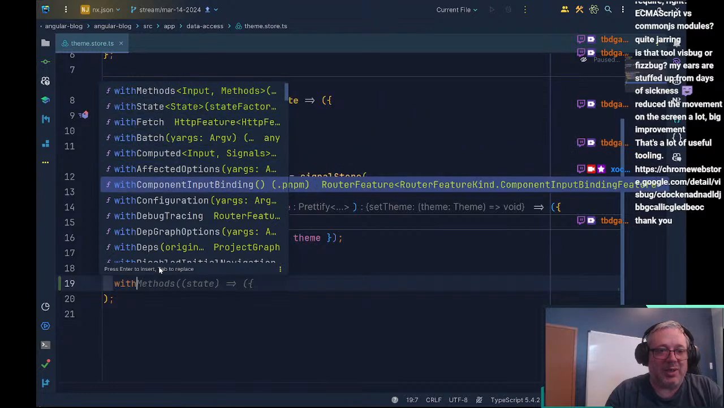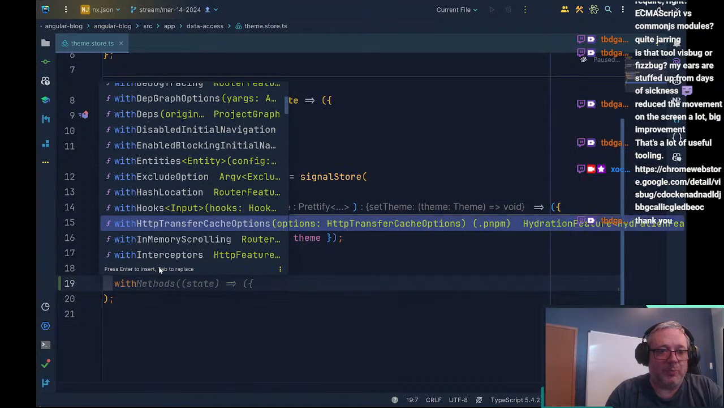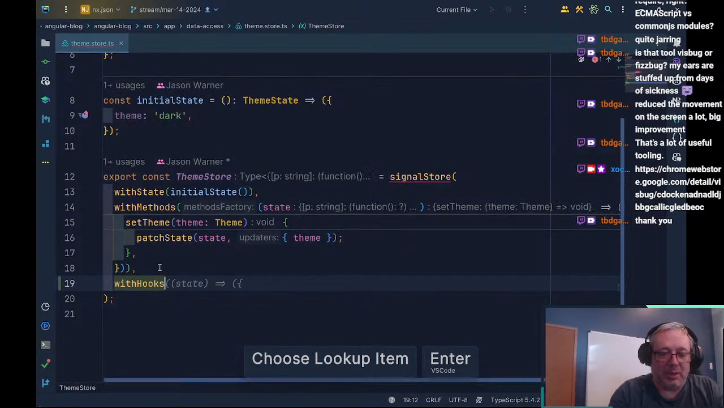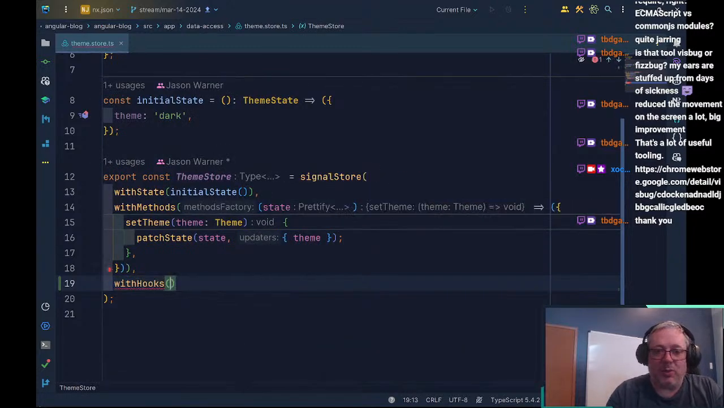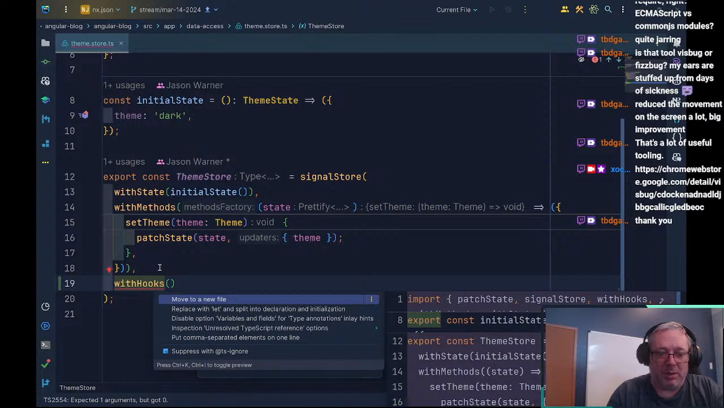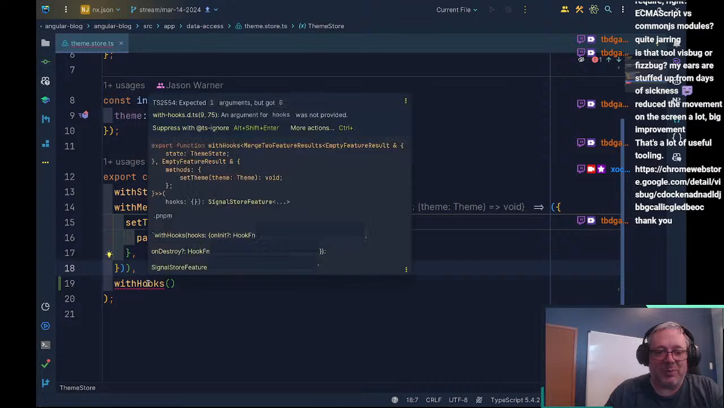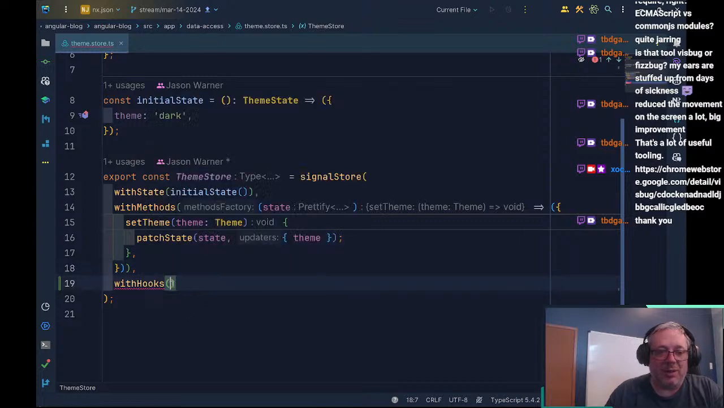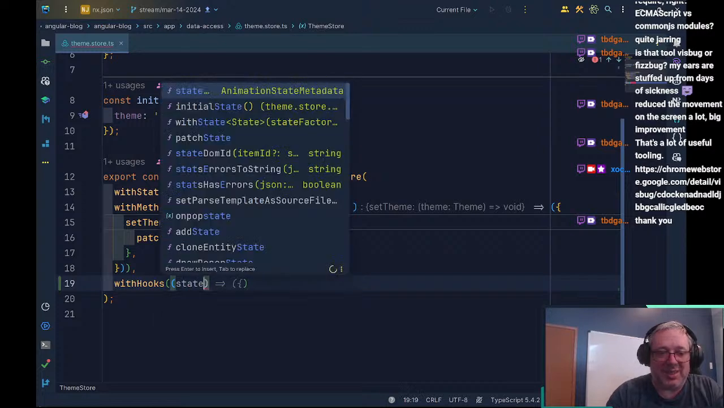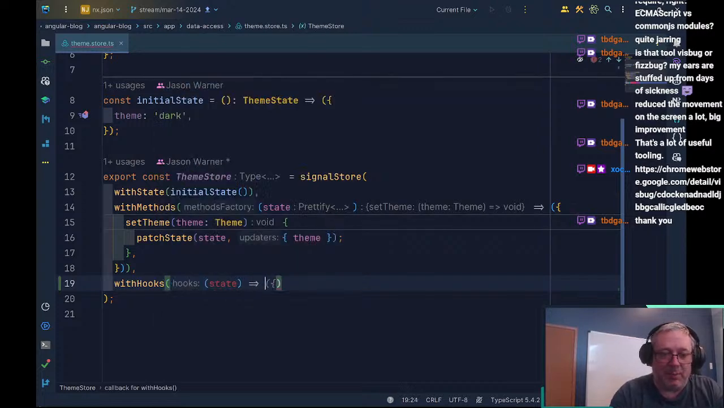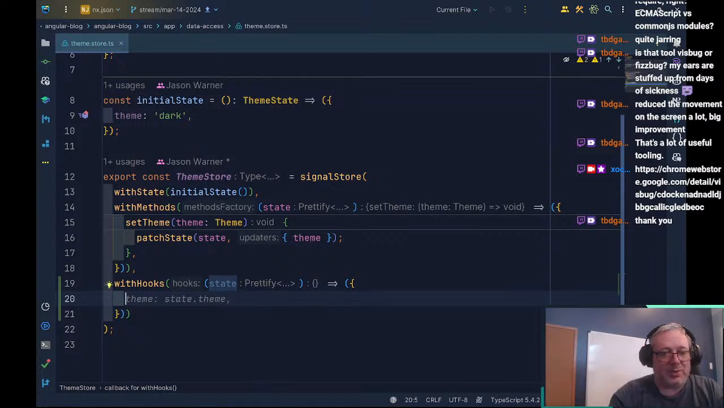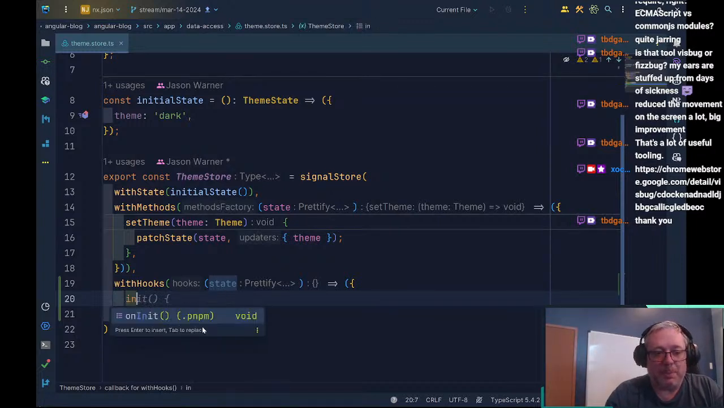that's life cycle, right? With hooks. So with hooks will allow us to do, and we need to import that. Or is it just telling us that we aren't doing it right? Yeah. So here we can just say state, and we're going to return the object with our hooks, right? And there are a couple of hooks that we can do. So there is an init hook,